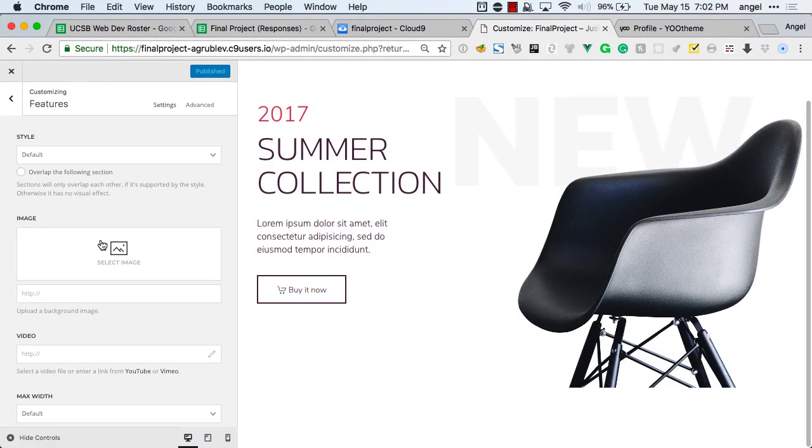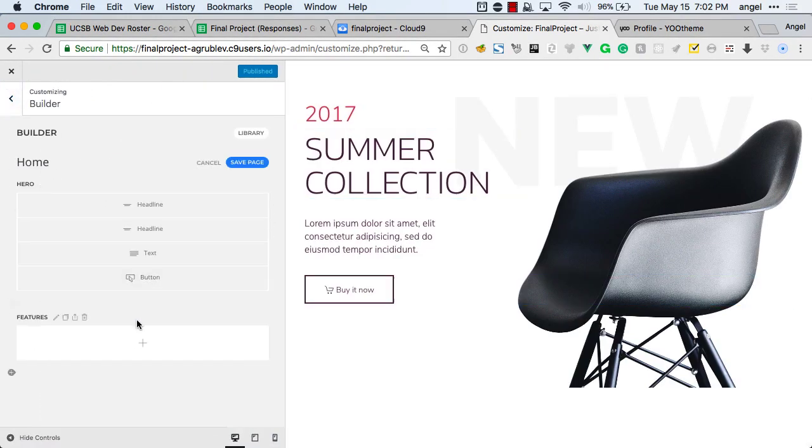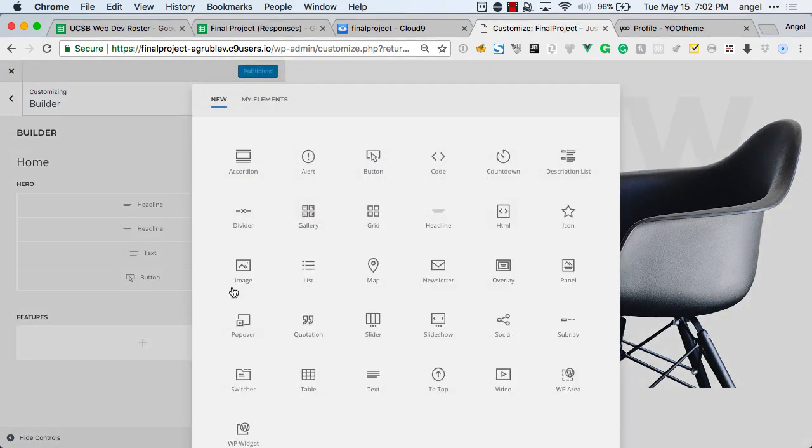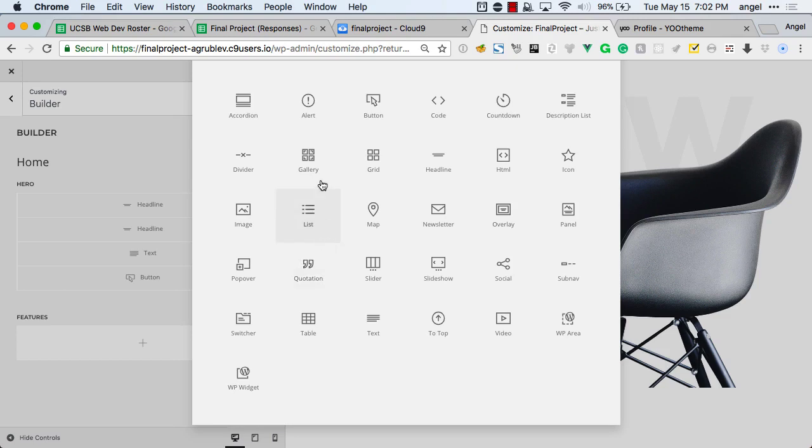There we go. And that's all we want to do for now. Inside of it, you can add any of these elements here. So we can add a button. I think what we're going to use is the grid, which will allow us to add like 6 different features of the product, and then add like the product image on the right that maybe has little 1, 2, 3, 4, 5, 6 numbers showing the 6 different features. But